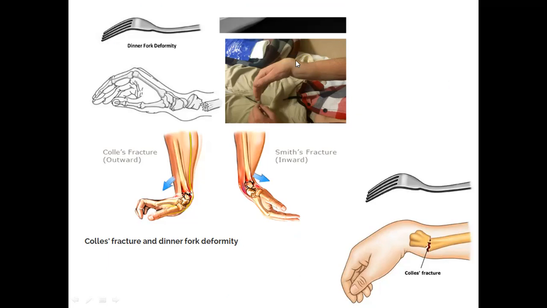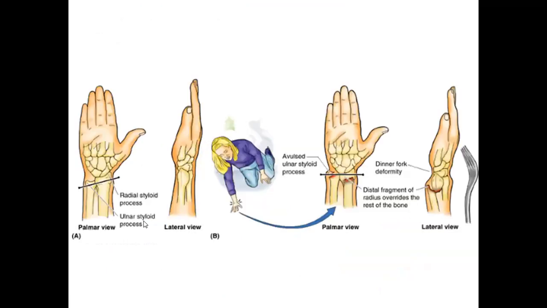Patient will be seen like this. You can see this is the picture the patient presents with. You have to identify this condition as Colles fracture. Moreover, you will also see basically the lower end of the styloid process of the radius will be much lower when you compare with the styloid process of ulna. But in case of this Colles fracture, you will see it will be displaced more upwards than the styloid process of ulna, because of the backward or posterior displacement of the distal fragment, giving this dinner fork type of deformity.